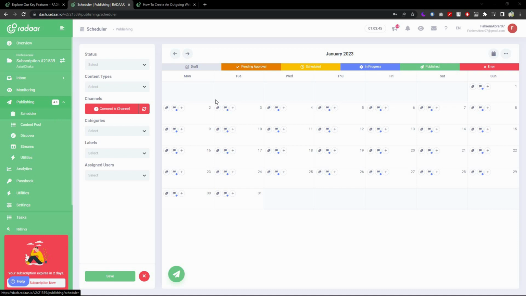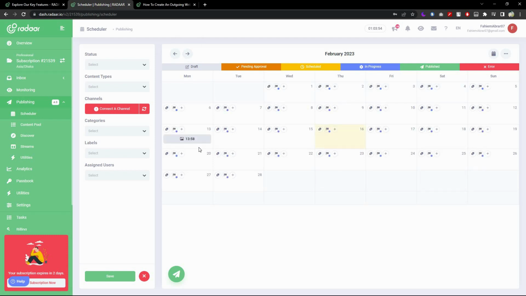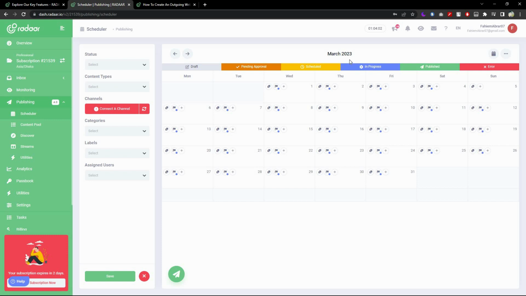So from here you can schedule any of your posts in advance. For example, I scheduled a post on 13 February in advance, and you can also do it for any of the days and even any of the upcoming months, for example March. All you have to do is click on new post, and there is a very good feature of this scheduling,